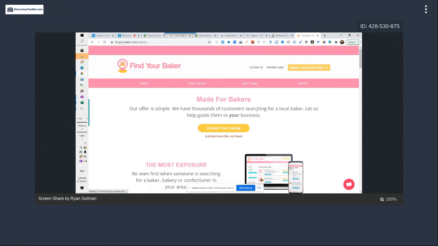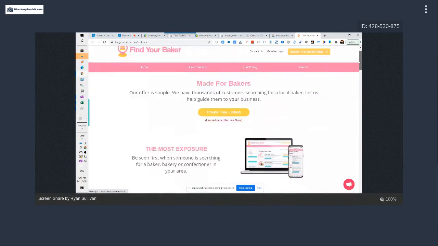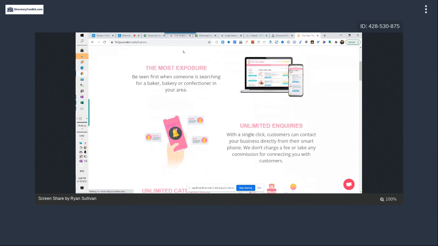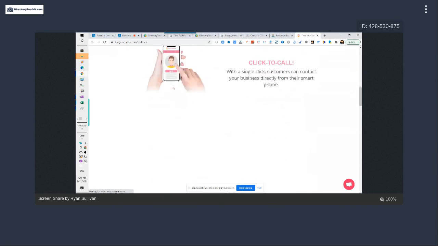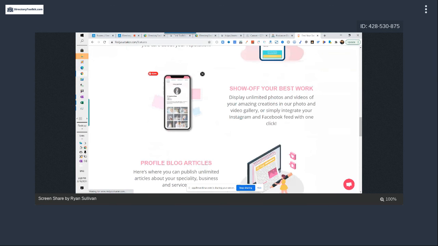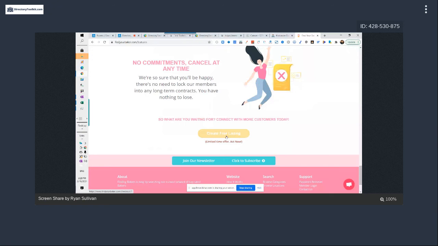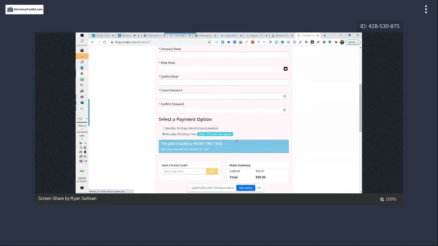Yeah. So here's one that doesn't have a join page really. It sends them to a featured page, right? And they can either create a free listing right off the bat. They kind of go through some of the features if they're not familiar with what the system can do for them, and then you create a free listing at the bottom. And then when you're saying it goes to one page, it doesn't go to one page with one column. It just goes straight to the sign up page, because